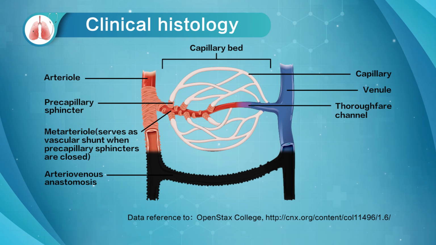Capillaries always perform their functions in the capillary bed. As we see, there is a central channel in the capillary bed connecting the arteriole directly to the venule. The proximal region of the central channel is called the metarteriole, whereas the distal part is called the thoroughfare channel. Capillaries branch from the metarteriole and converge into the thoroughfare channel. The metarteriole supplies blood for the capillary bed, while the thoroughfare channel drains the capillary bed and empties the blood